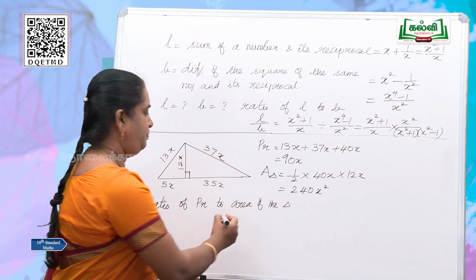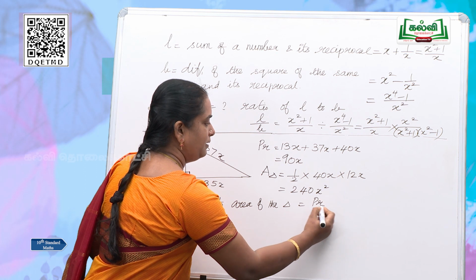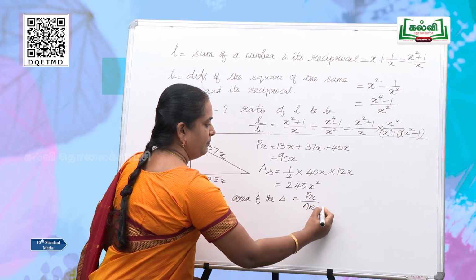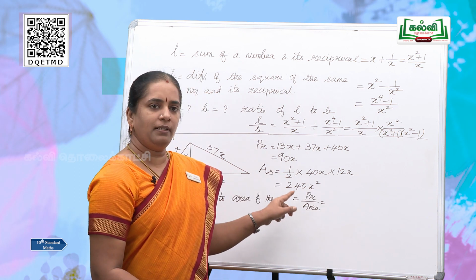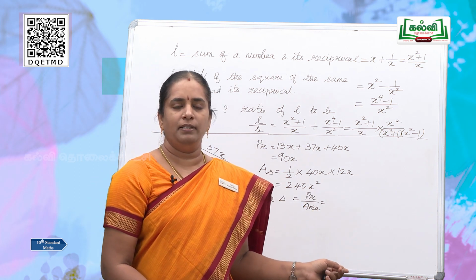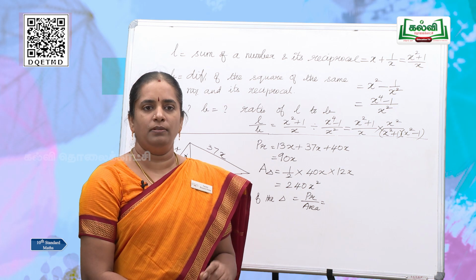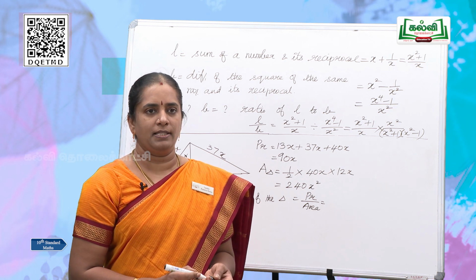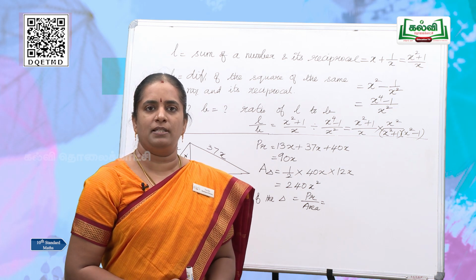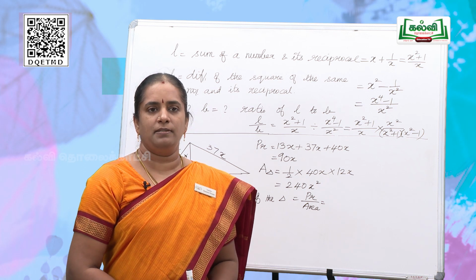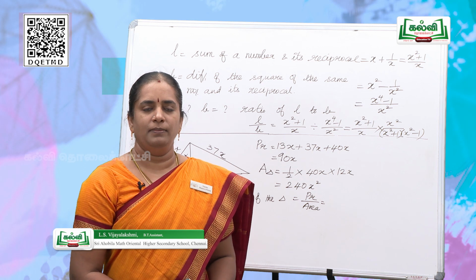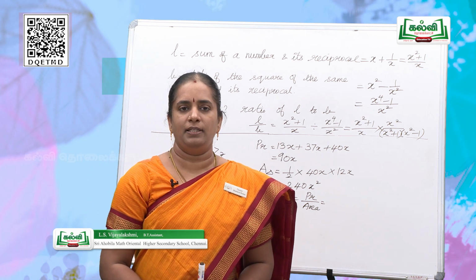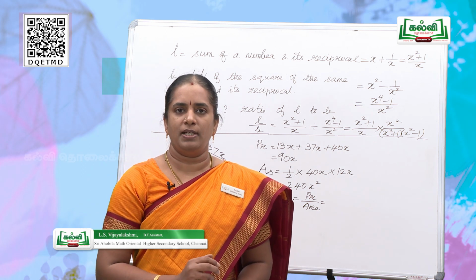So, we need to find the ratio between the perimeter and area. So, perimeter divided by area. Can you do this? Take the perimeter in the numerator and the area in the denominator, cancel, reduce into lowest form. So, this is our answer. These are the applications of rational expressions, that is reducing into lowest form, multiplying and dividing. So, do all these sums given in the illustration and the sums which are left out.